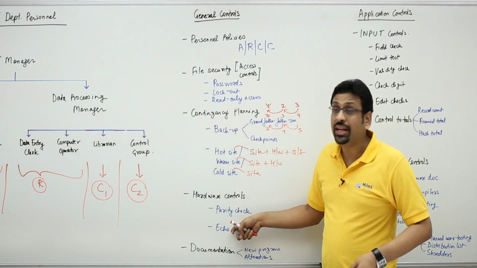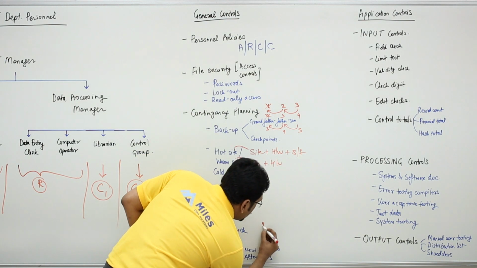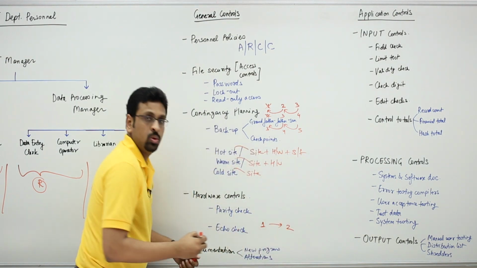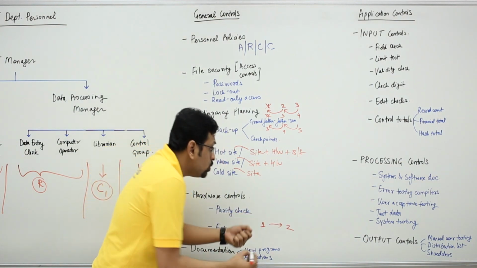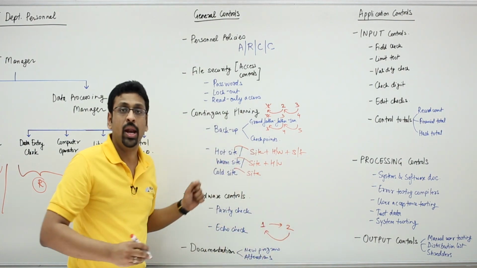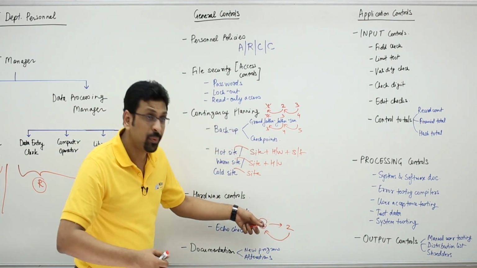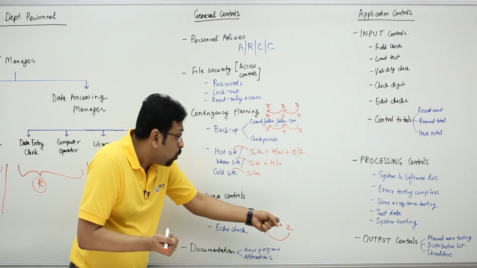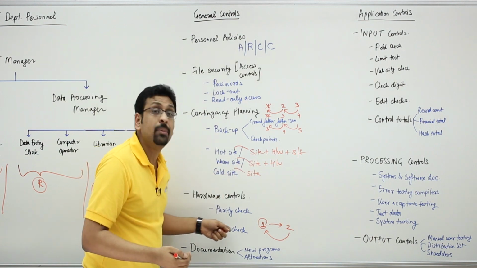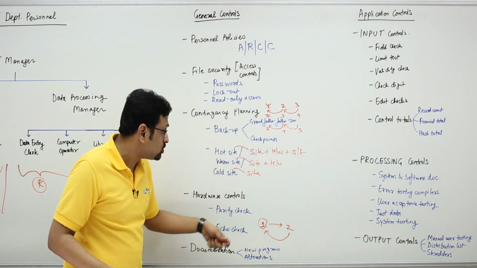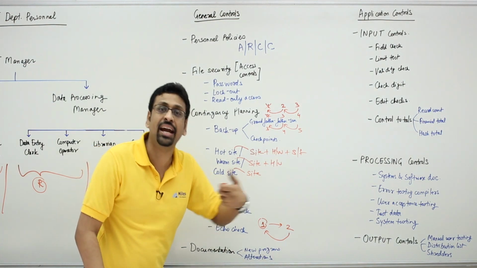You could do an echo check. So let us say you're transmitting data from system 1 to system 2. Now, after data goes into system 2, you have system 2 echo back the data to system 1. And system 1 would review it. So the person sitting here, he would review what he's received from system 2, was it what it actually sent? So that becomes an echo check. So the data comes back so that the sender can check if it is exactly what he had intended to send.